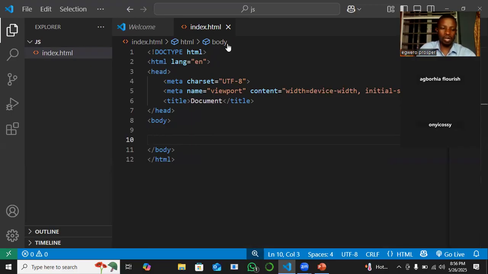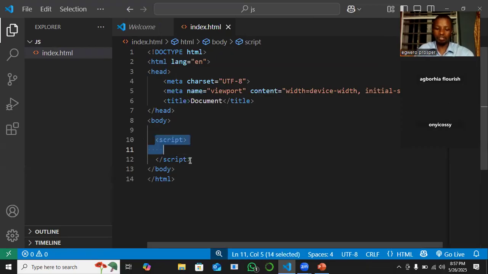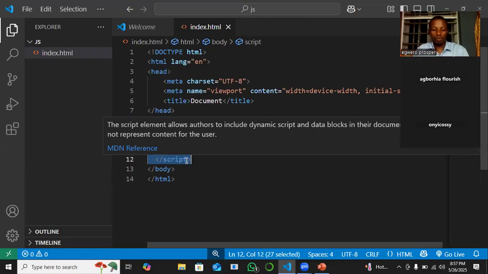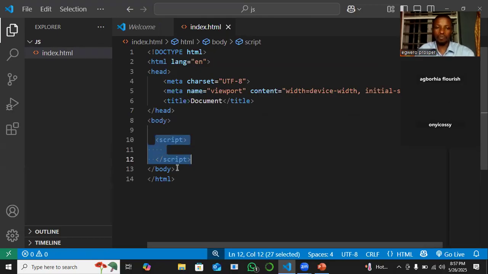Where I said you have to start by declaring a script tag and then envelope all your JavaScript inside. This is internal. And the script tag should appear or should be added before the closing body tag of your